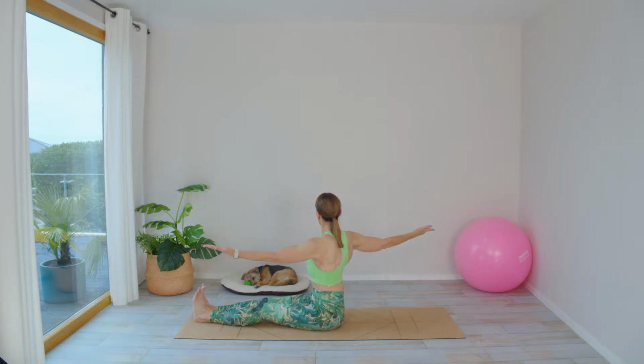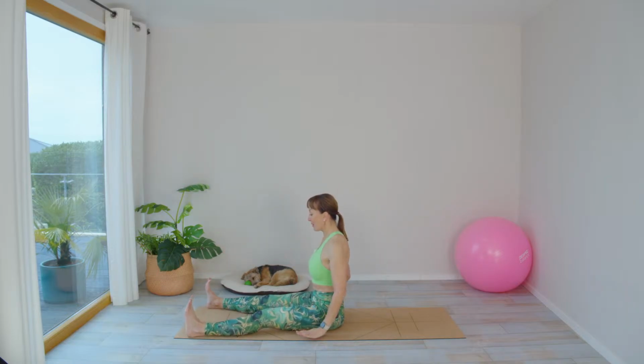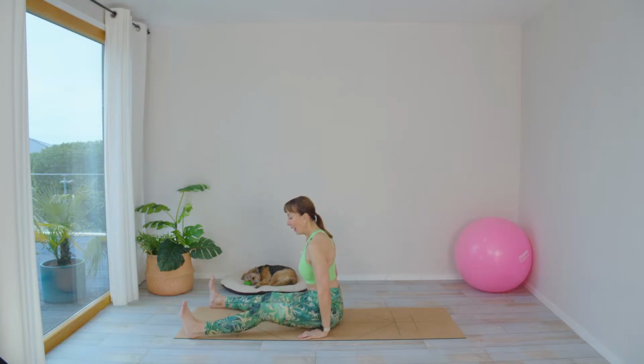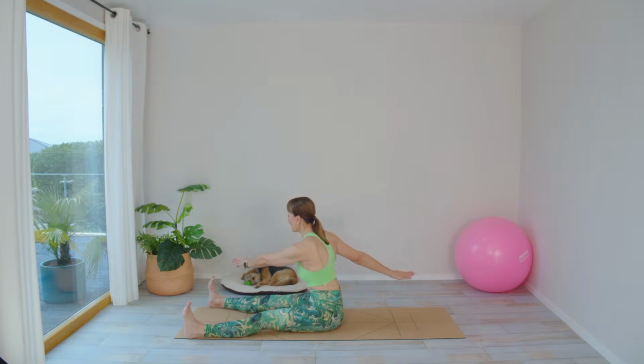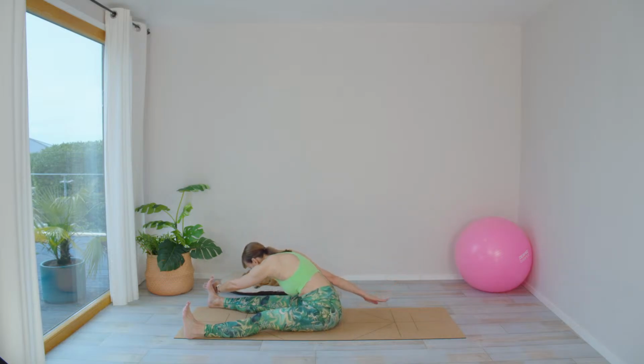And back. And back. And back. And back. Well done. Now separate those feet. Keep the feet flexed. We're going to go into the saw. So more stretch. We're going to take those arms out. This time palms facing forward, abdominals in, rotate to your right, reach the hand across, and then going forward towards